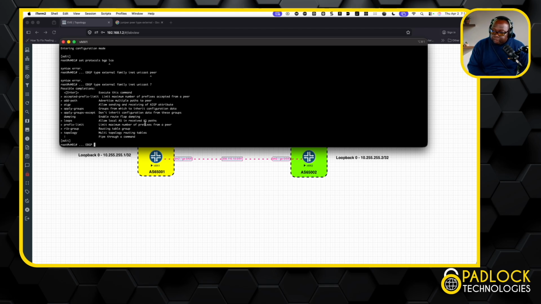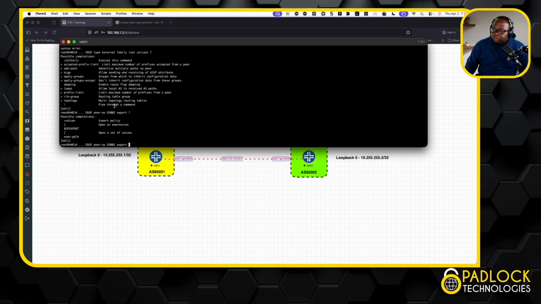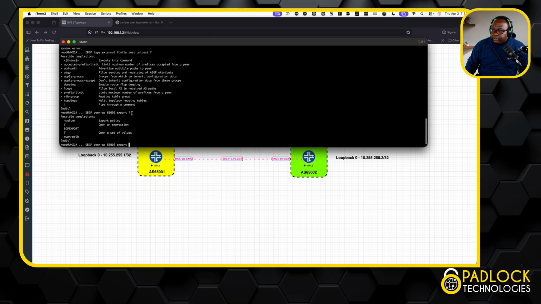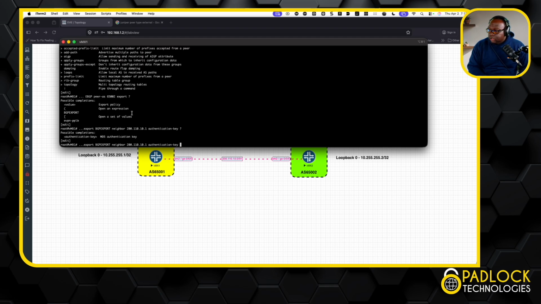Might be able to do an export command. Oh, let me see if I can do the export command. Peer AS 5002 export. So export, and then I have to pick the policy option here. And then I would do the neighbor statement. So after that, let's say we just do BGP export, and then hopefully I can do neighbor. Then we put the neighbor in here, which on this one is 10.1, and then authentication key, and then put